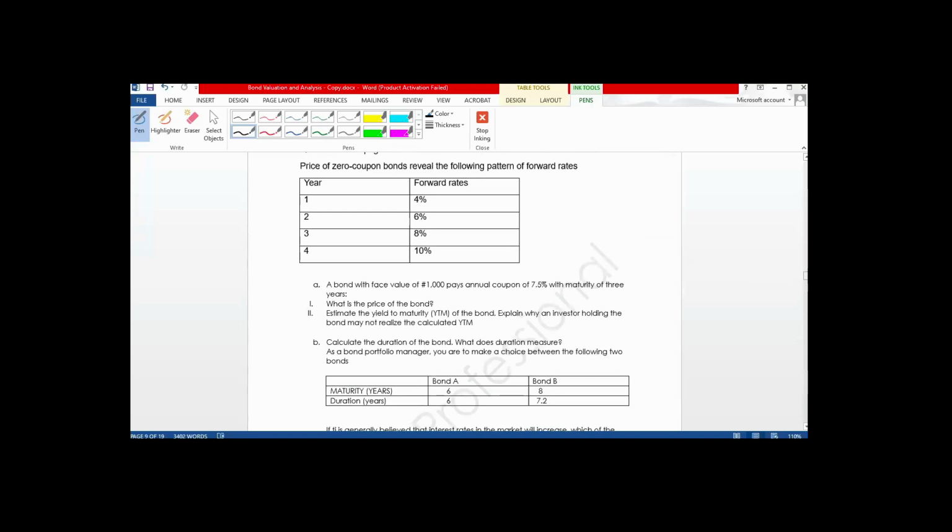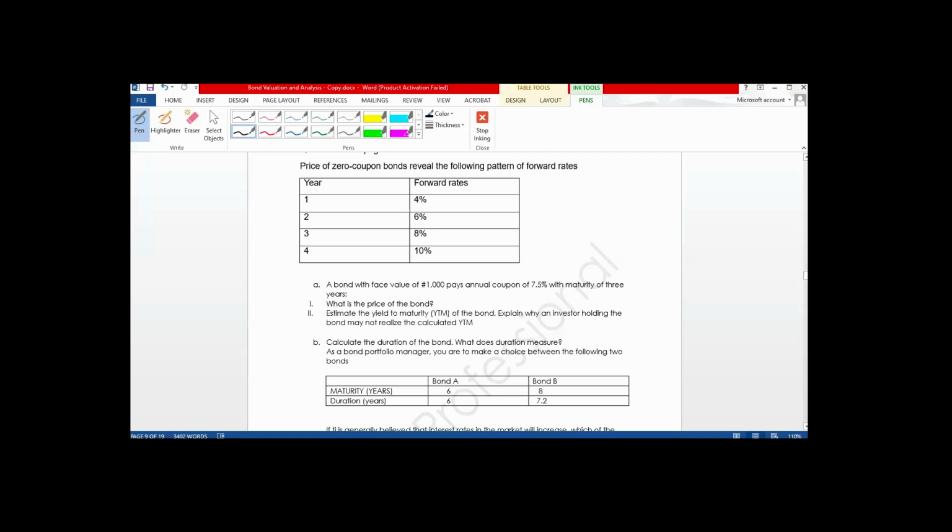Next, Aroma figure 2. Estimate the yield to maturity of the bond and explain why an investor holding the bond may not realize the calculated YTM. Aroma figure 2 says, estimate the yield to maturity of the bond. Remember,